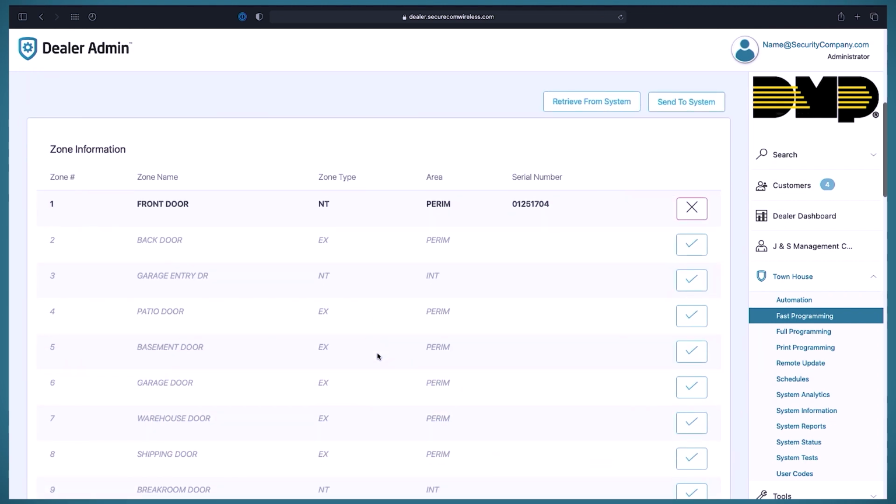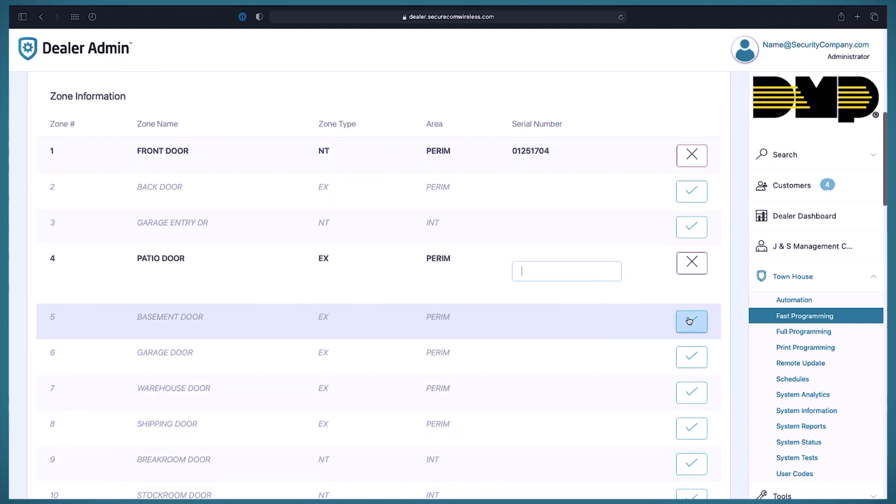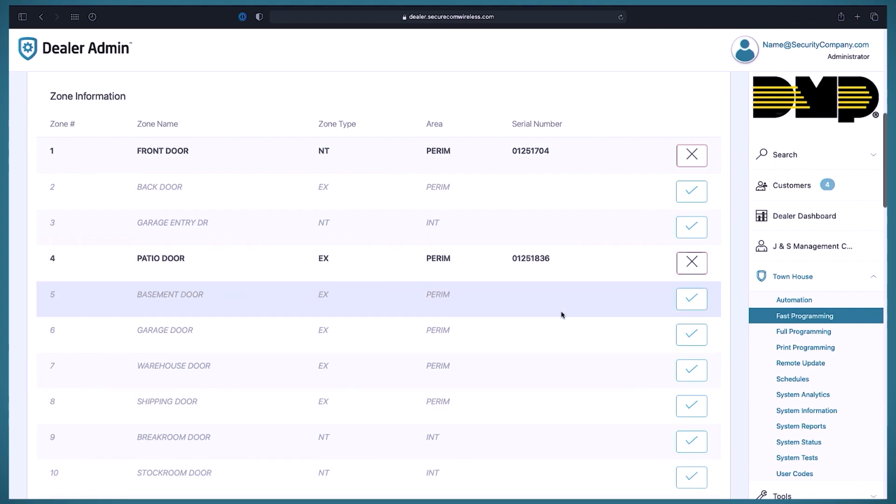Here you can quickly and easily add a zone. For example, if you need to add a patio door zone, Zone 4 is already pre-configured with the zone name patio door. Simply press the check mark and enter in the wireless serial number. And that's it. You've programmed Zone 4 as an exit zone type in the perimeter area with the name patio